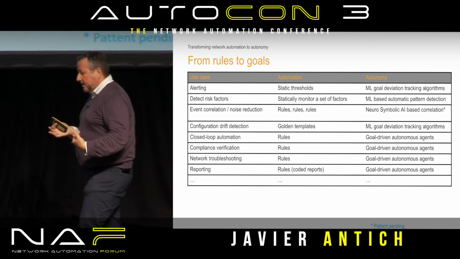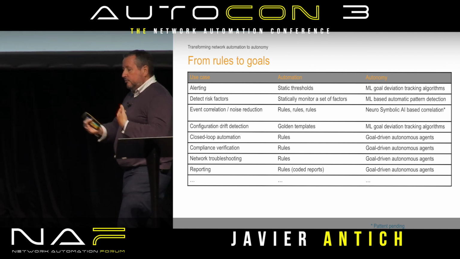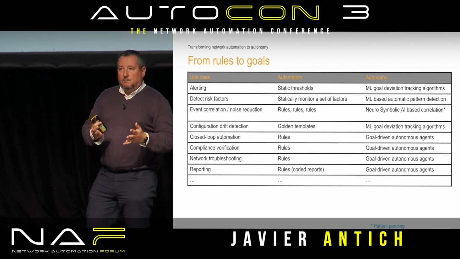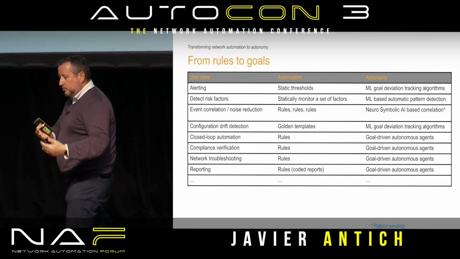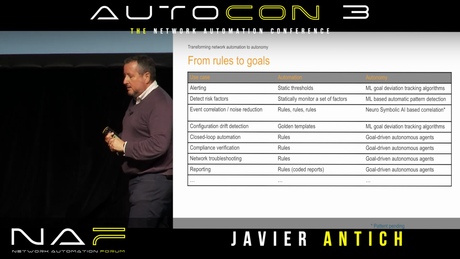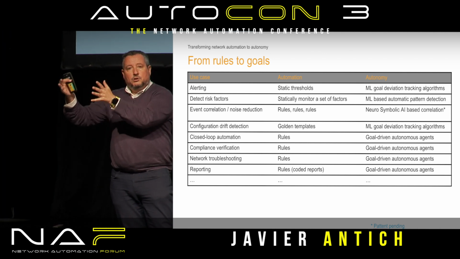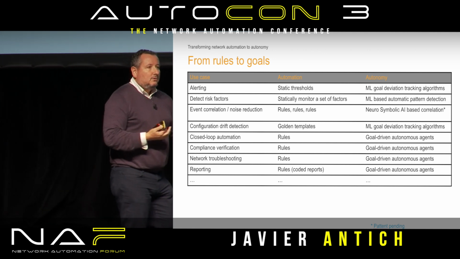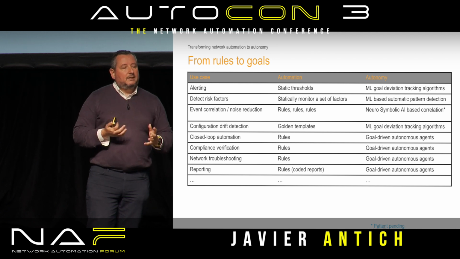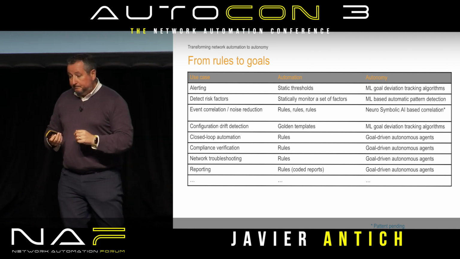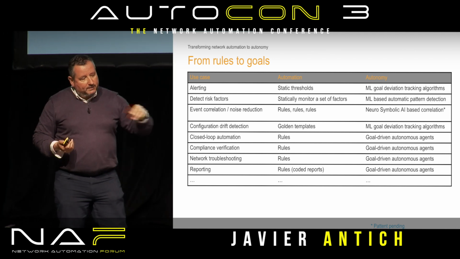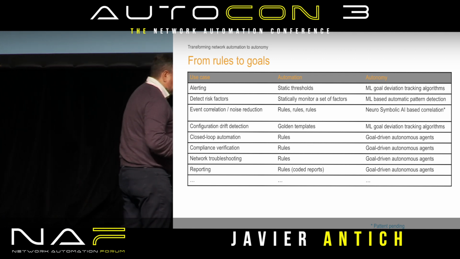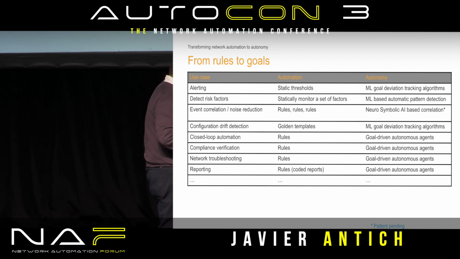Every automation use case can potentially be transformed from the way in which we address it today, based on whatever type of rule that use case contains, and evolved to a point where it also has the ability to automatically address parts of it, or new use cases or new sub-use cases, without depending on those rules. Here are just a few examples, but one of those is event correlation. And that's what I wanted to bring to this forum.